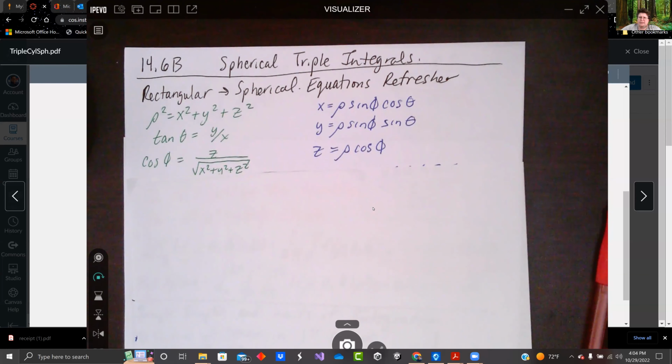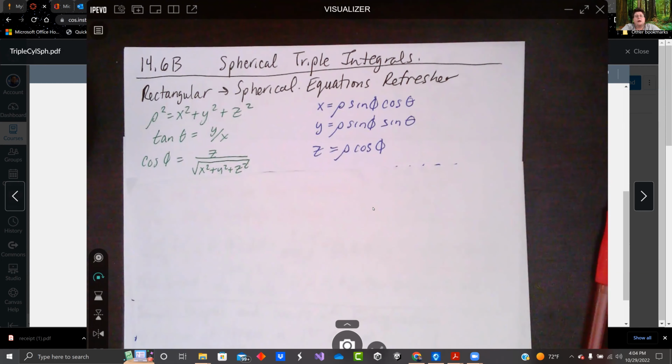We're in Calculus 3, fall of 2022. This is spherical triple integrals. We're in 14.6 in Anton's 11th edition, I believe. So since we're doing spherical, I wanted to recap the equations that shift from rectangular to